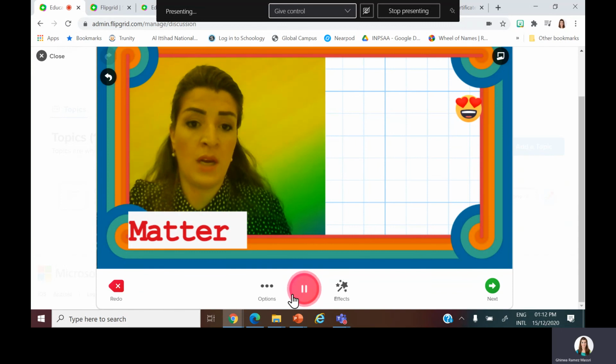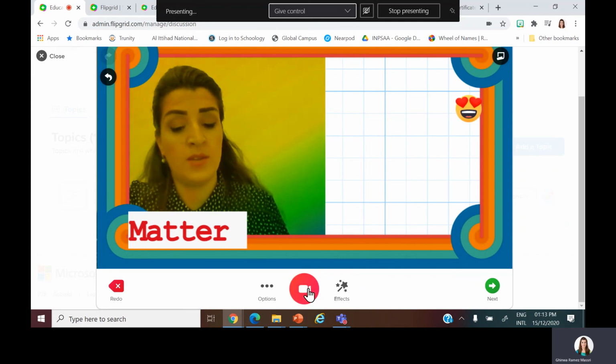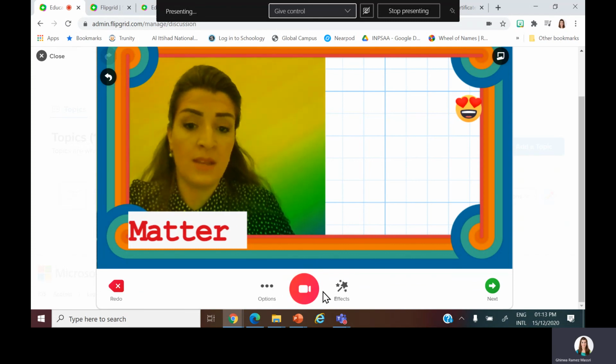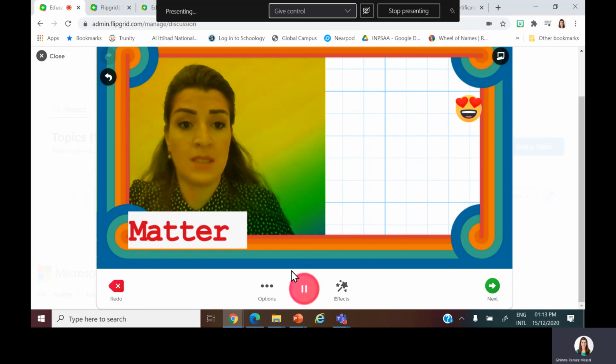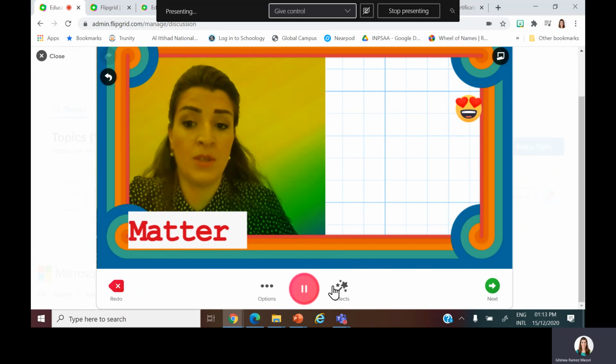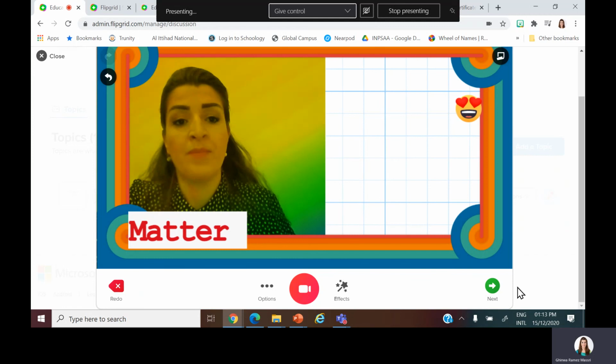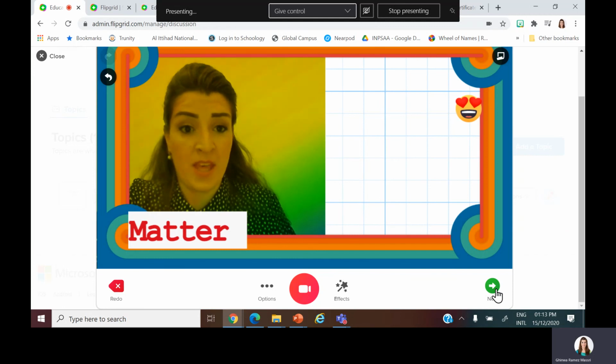Suppose that students are now sharing their screen, they are able to have the recording. Once they pause, they can continue later, they can edit it, and they can add other effects as well. So once they are done with the recording, with the response, with their project work that they want to submit to you, they press finish or pause, and the next thing is that they will go to the